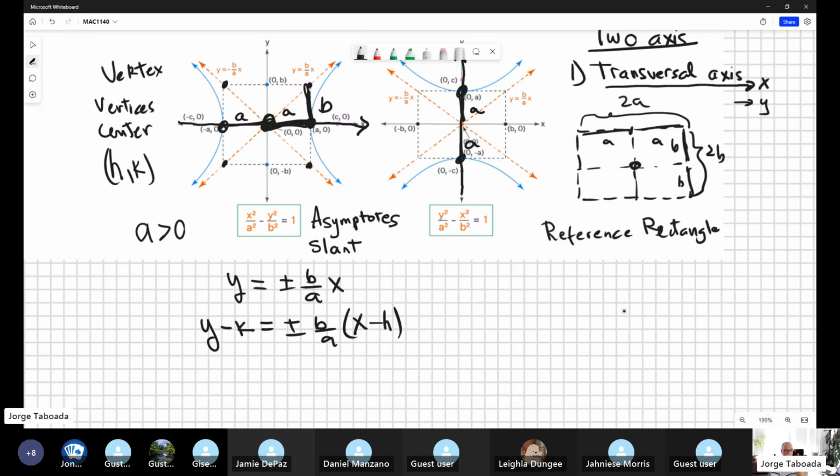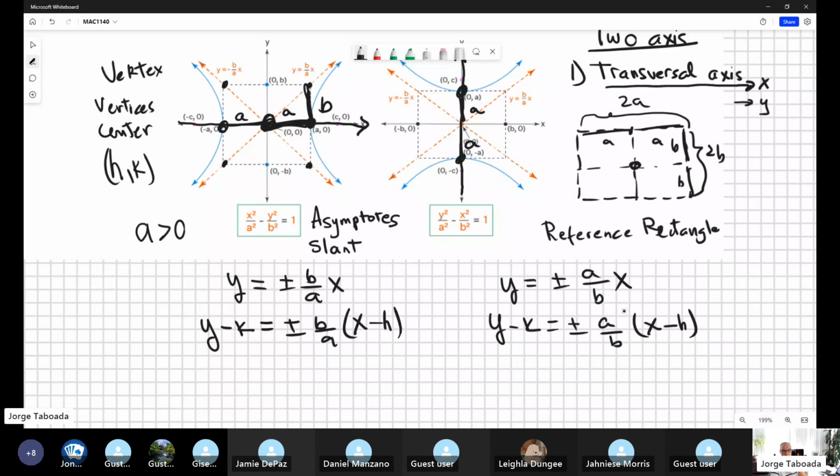Now, I forgot something. In this case, it's similar. The only difference is that the formula changes a little bit. It is plus or minus a over b, x. But you have another point, the center. So y minus k is the same, plus or minus a over b, parenthesis x minus